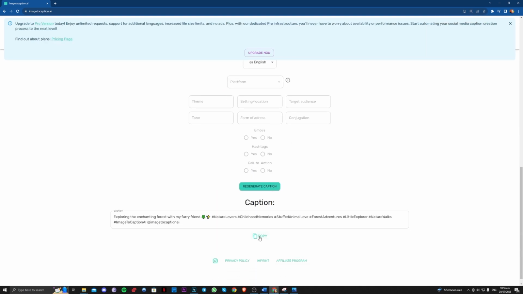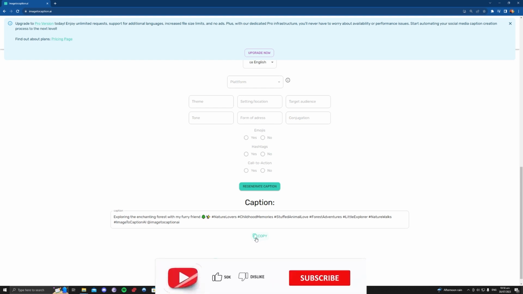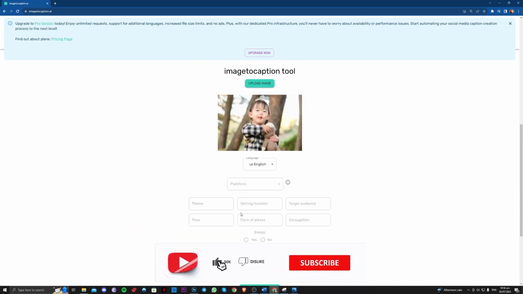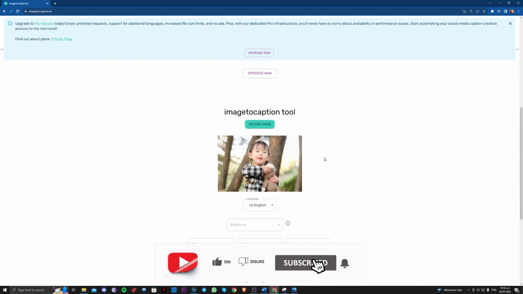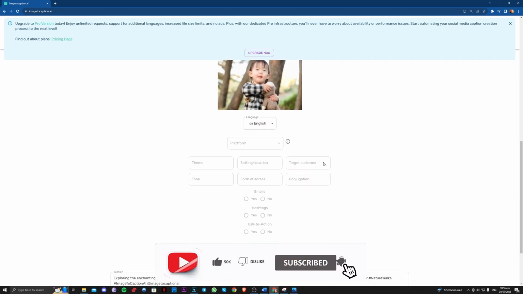So you can copy this and paste it on your social media post if you don't have any ideas right now. So just go ahead and do this, guys, and you should be having your own